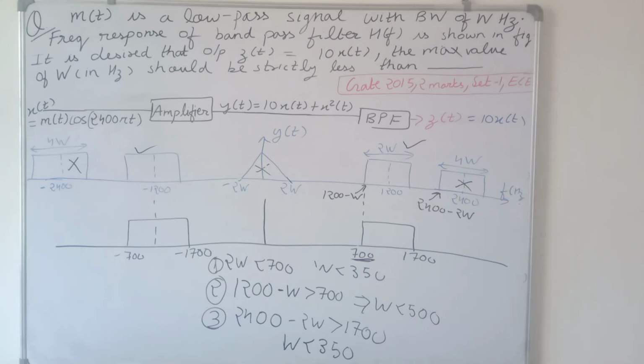And this was a very good question from GATE. So revise this question thoroughly and see all the concepts which we have discussed, because one of the very good concepts was that when any signal is multiplied by a cos signal, then that signal is shifted to right and left by a frequency equal to the frequency of the cosine signal. Such concepts are frequently asked in the GATE exam. This question is very important and it was based on very important concepts.